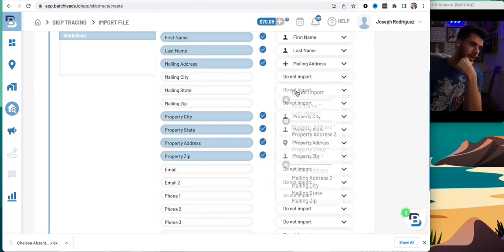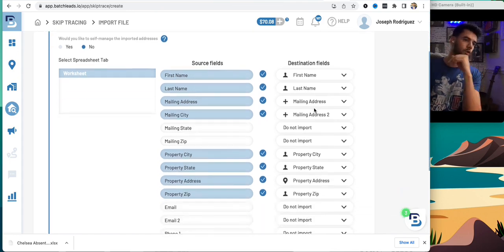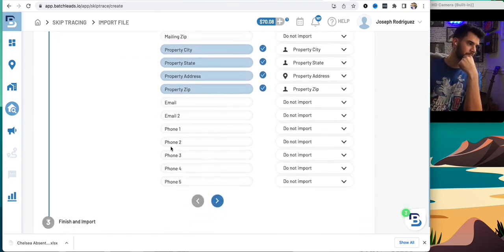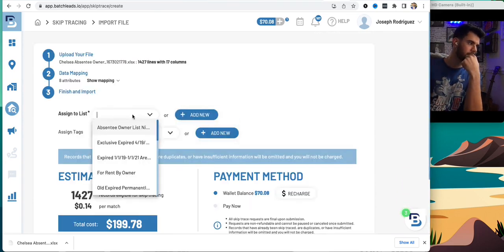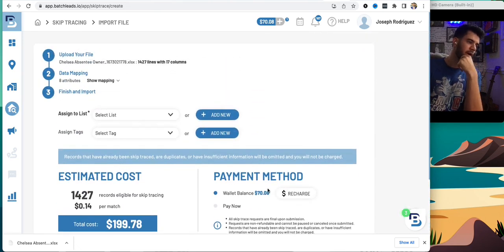I guess we can add, it doesn't make a difference. The whole point is that they need to be able to identify who it is so that they could find the phone number for us and give us the phone numbers. And then for self-manage, always select no. We do next. So this would cost $199. My goal right now is to just use the wallet balance. So what I'll do is,